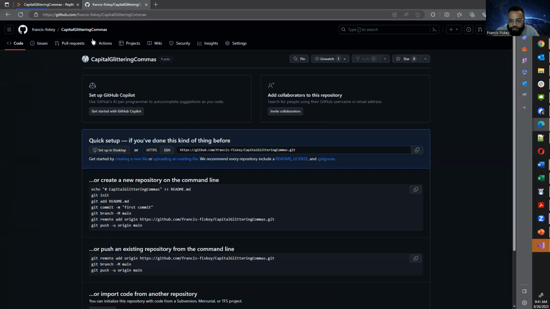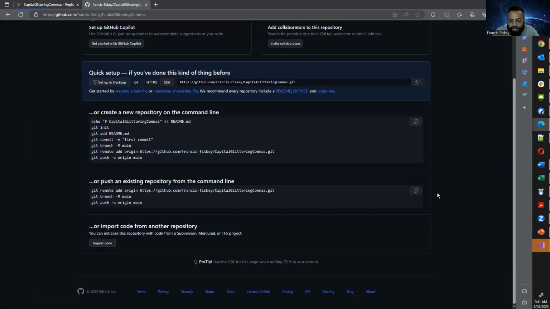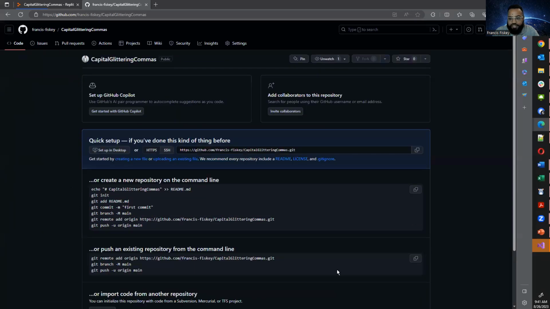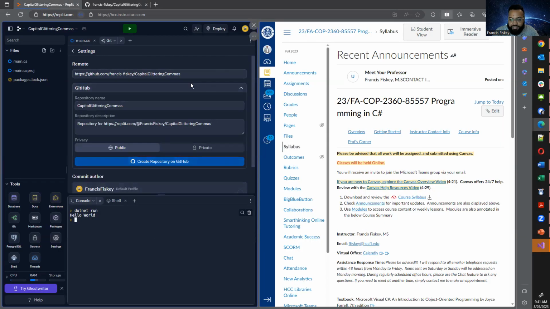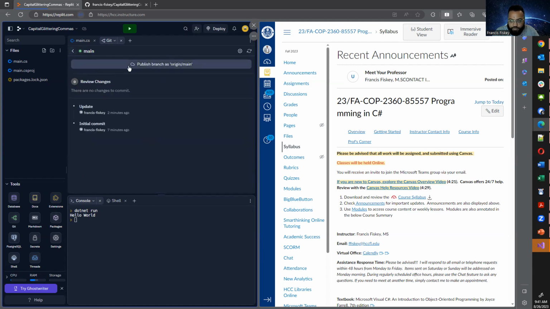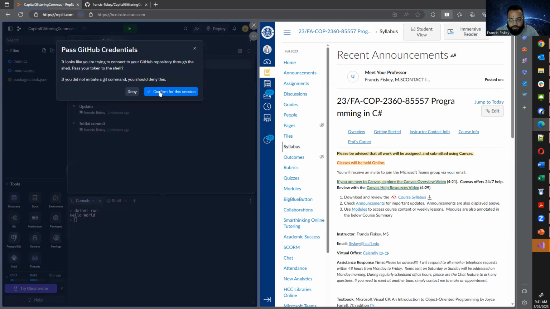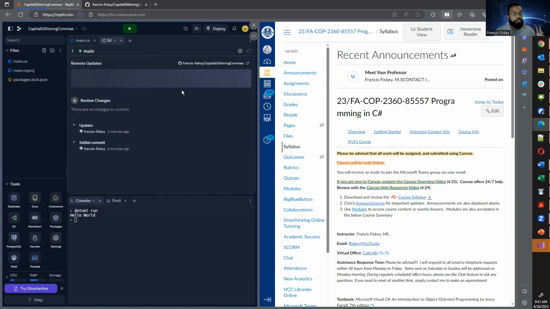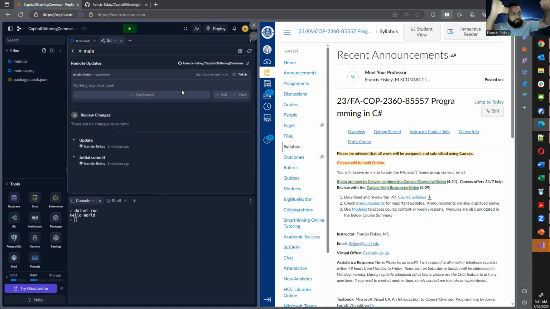And now that I have it, you can see there's really nothing in it, right? There's nothing inside it because I created a repository for it. So now what I need to do is I need to push my changes to it. So push branch as origin main, you want to do that. All right, cool. Publish branch as origin main. Yes. Confirm. You're going to push your code to REPL, and then you're going to publish your code into REPL,